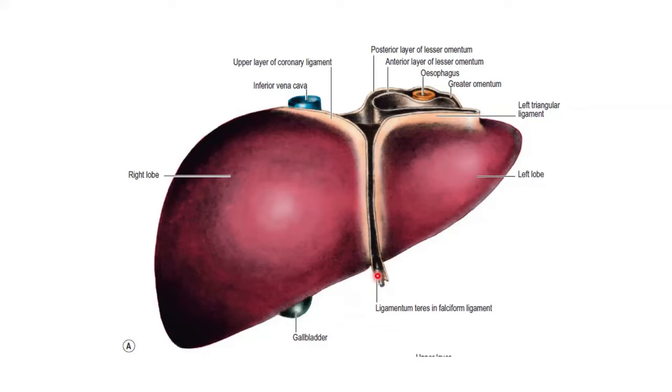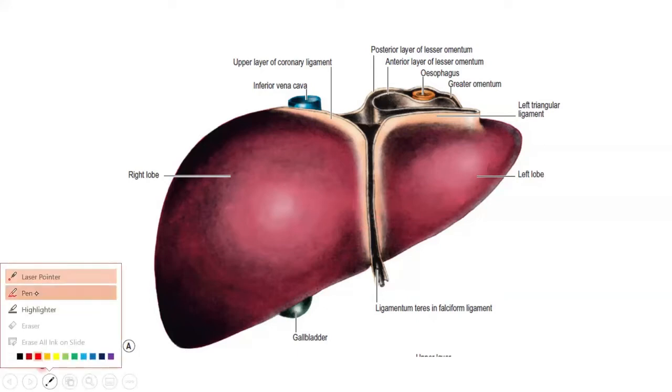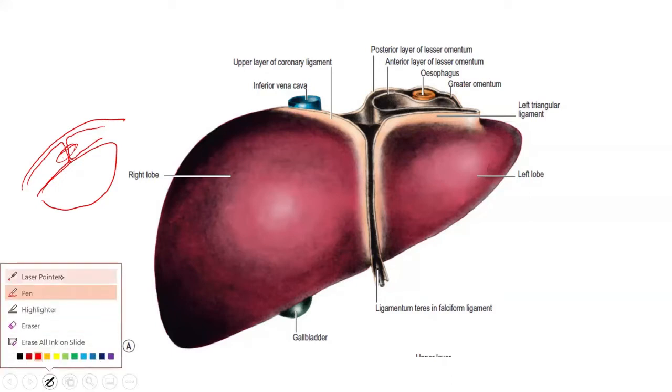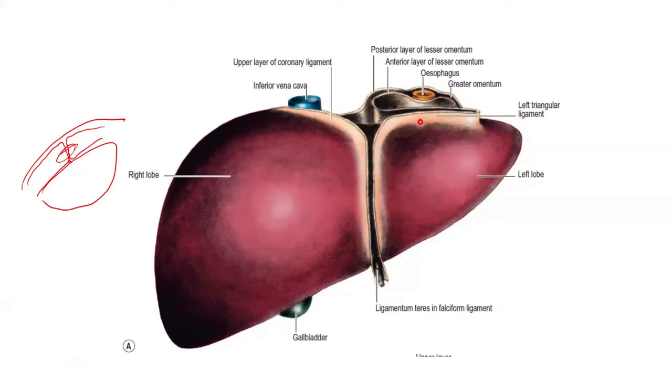Then extending from that upward, you have the falciform ligament. These are extensions from the peritoneum, the parietal peritoneum, and these get reflected onto the liver. So if you just look at the abdominal wall like this, and if this is the liver, you have the peritoneum like this. It comes over the liver and gets reflected like this. So this is the falciform ligament. And on the superior surface, it gets reflected to either side.